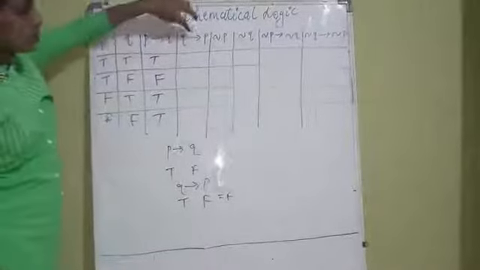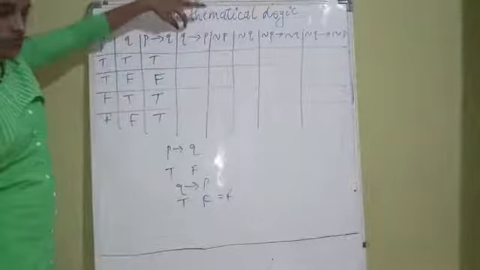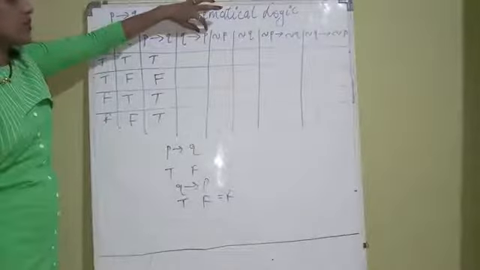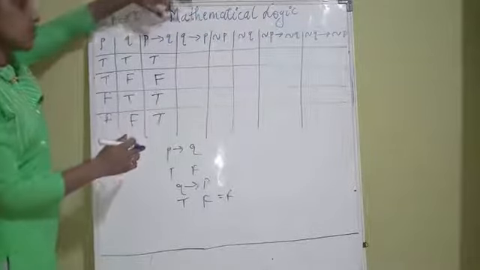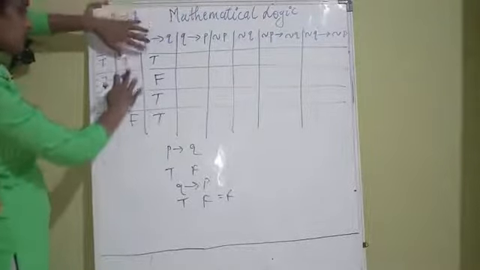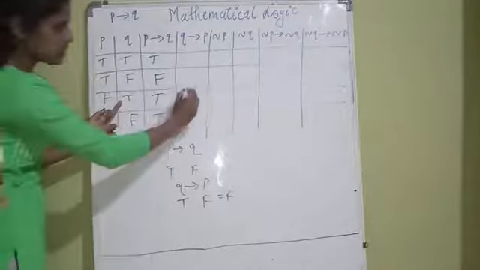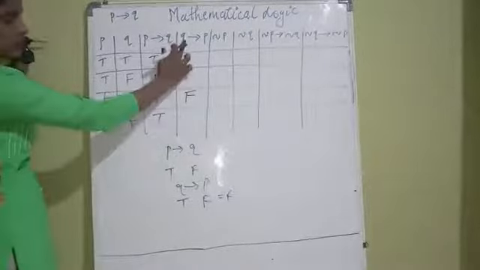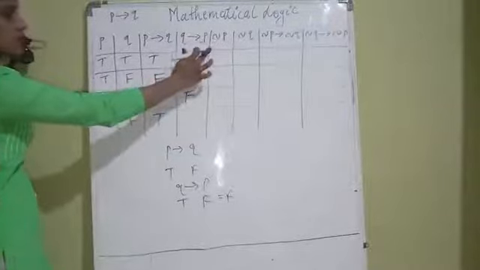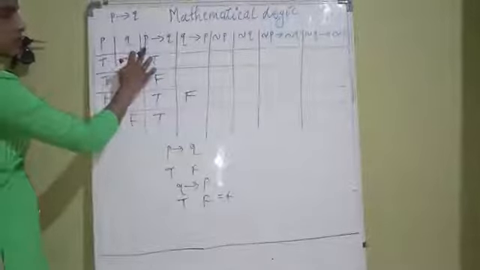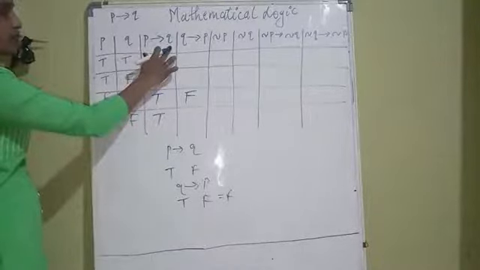Now see the arrow. How is the arrow going? See, from here to here, Q to P. So first we have to check the value of Q, then only we have to check the value of P. Okay. So implication means true, false is false. So where is our Q true here? See, this true, false is false. Correct? We have to do the reverse, because first we have to check the value of Q, then P, then we can write Q implies P. Here we are having first P implies Q, so first we have to check the value of P, then we have to check the value of Q.